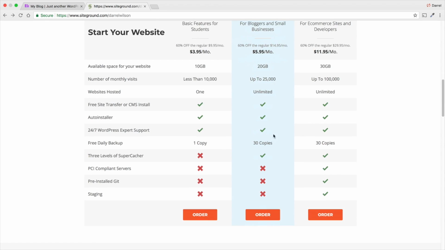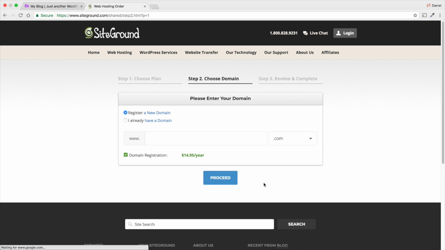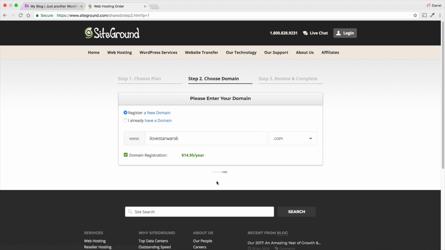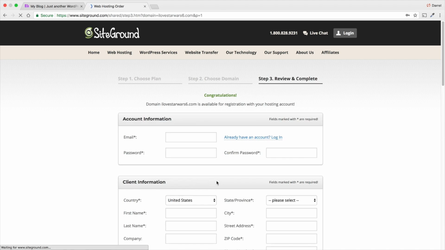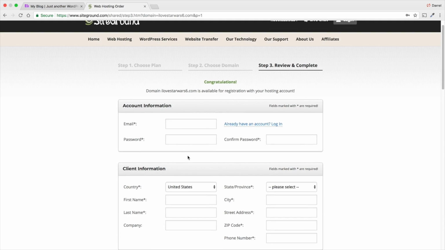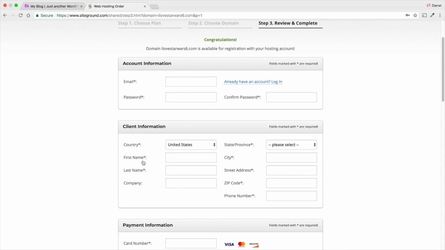So right here, I'm going to go ahead and click on Order. And right here, you'd put in your domain. So you can put in something like I love Star Wars 6. And then proceed. And then right now, it would tell you if that domain is available. So this domain is available. And right here, you would put in your account information, your email, your password, and then your client information, etc.,